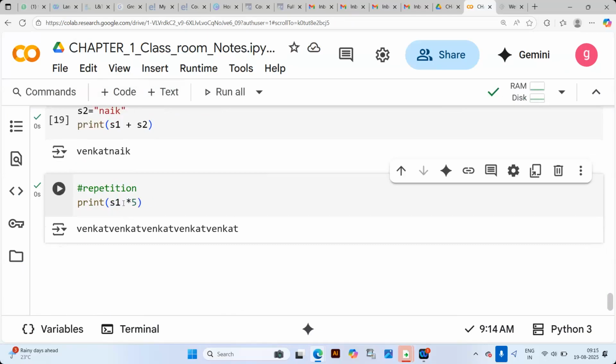So Venkat will be repeated 5 times. Here you can write end equal to like this, so that it works horizontally as well. So it is one kind of operation where the string will be repeated, and the number can be set as per your requirement, but it should be a string.